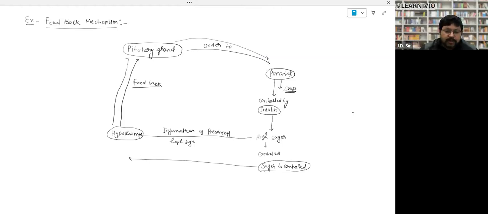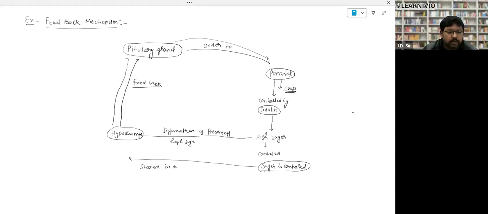So how does it work? Look, there is high sugar, and we need to control this high sugar. High sugar will be controlled with the help of which? Insulin hormone, right, Martin? So how will high sugar be controlled? The sugar will be controlled and